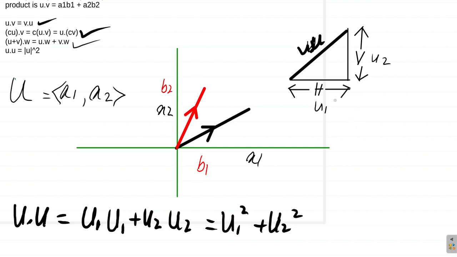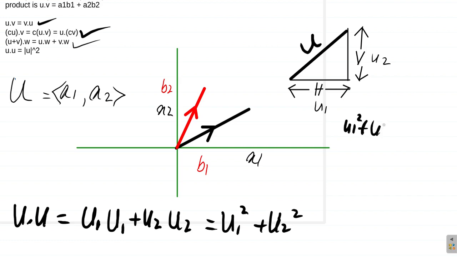My mistake, I shouldn't put that, this is just u. Now, if you say u1 squared plus u2 squared, you're saying this side squared plus the other side squared